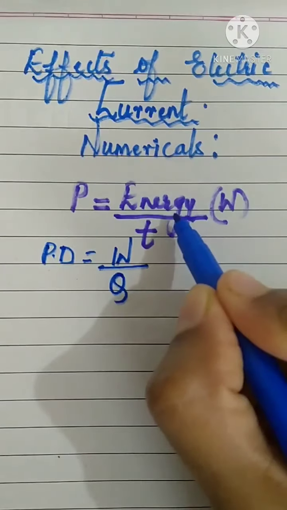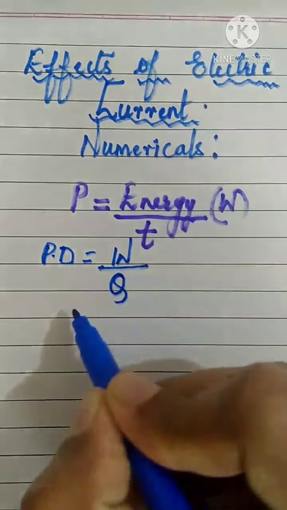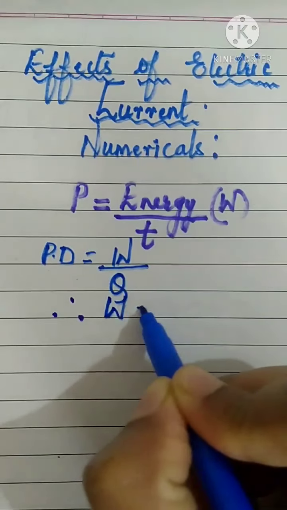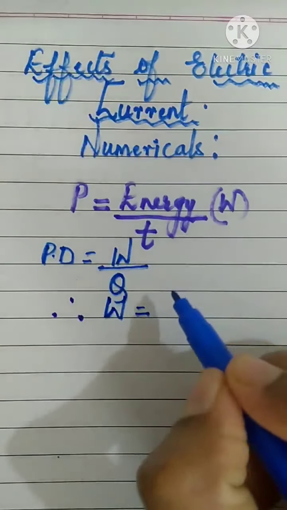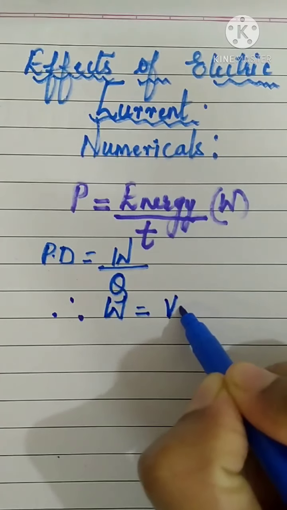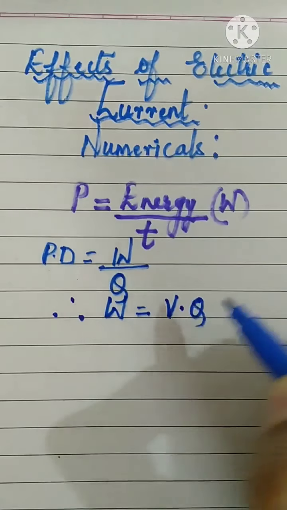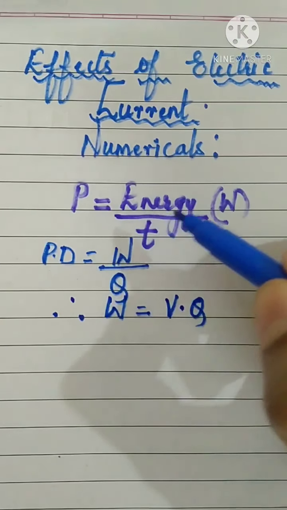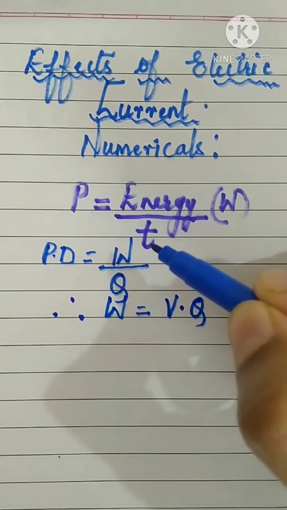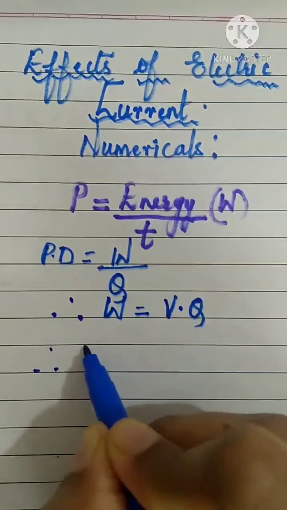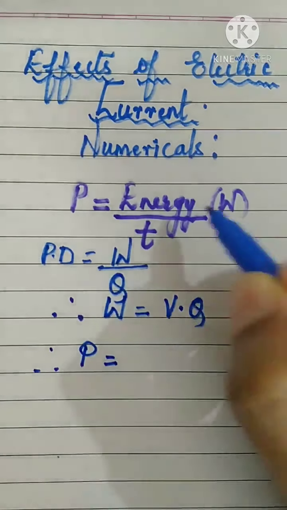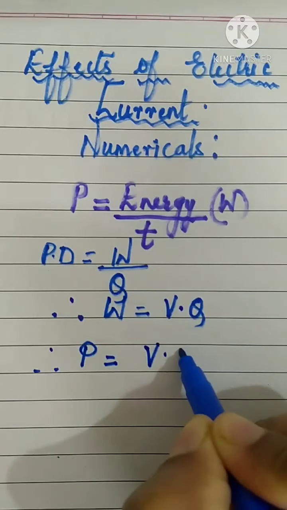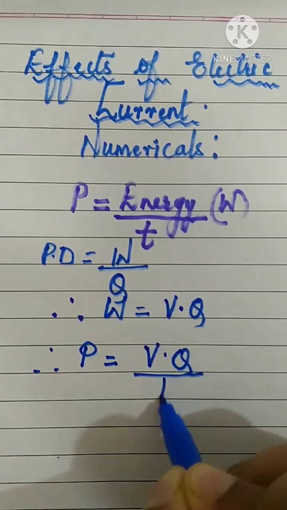So whenever you see energy, work should come to your mind. So what will be work? Therefore, W for work is equal to potential difference, we denote it as V for volt, and charge will be Q only. Okay, so then we wrote P is equal to energy upon T. So let me substitute. We got P is equal to, in place of energy, work, I will write V Q, V dot Q upon T.